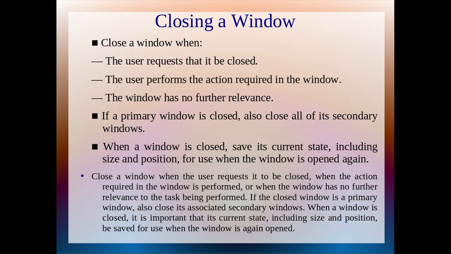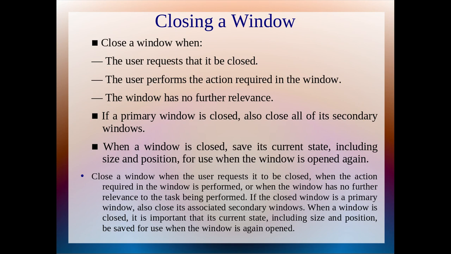Closing a window. Close a window when the user requests that it be closed, when the user performs the actions required in the window, or when the window has no further relevance. If a primary window is closed, also close all of its secondary windows. When a window is closed, save its current state, including size and position, for use when the window is opened